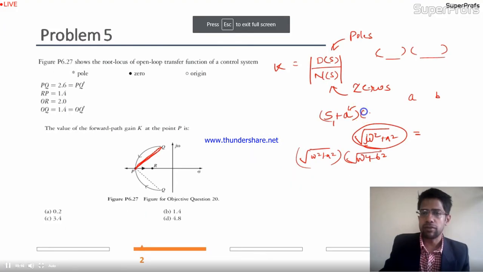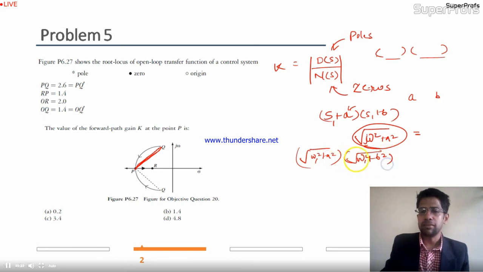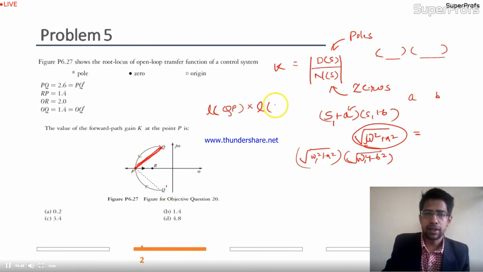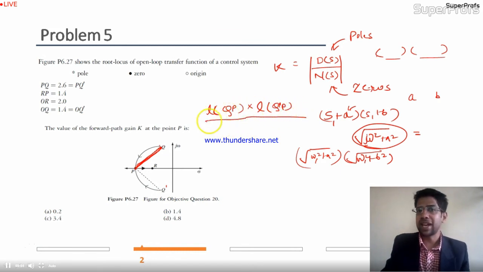So if you have two poles, then your magnitude will be the multiplication of two magnitudes. And magnitude is nothing but the distance between these two points. So from the pole, you need to find out the distance towards P. So the length of the vector QP into the length of the vector Q dash P